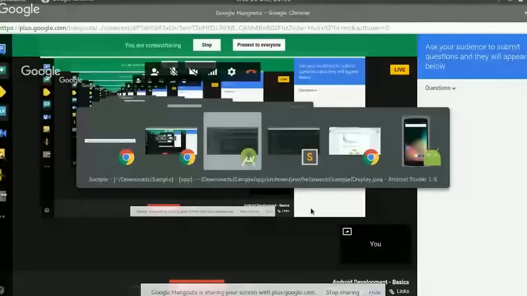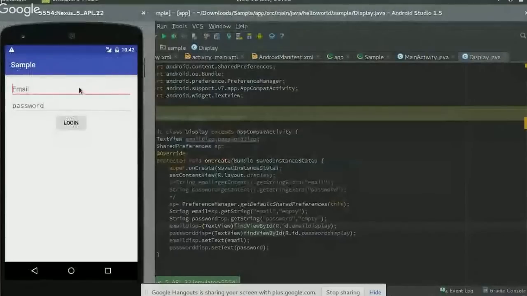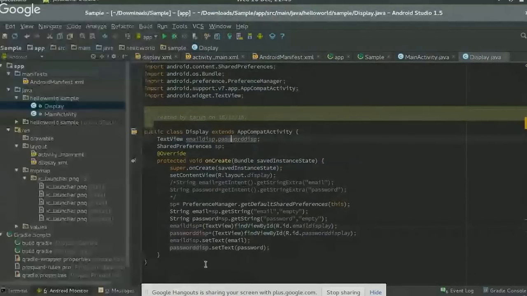I'll show you one more way, which is a very lazy way, which I like a lot, of sharing data between applications. It is not actually the right way, but I like it. So I'll open the